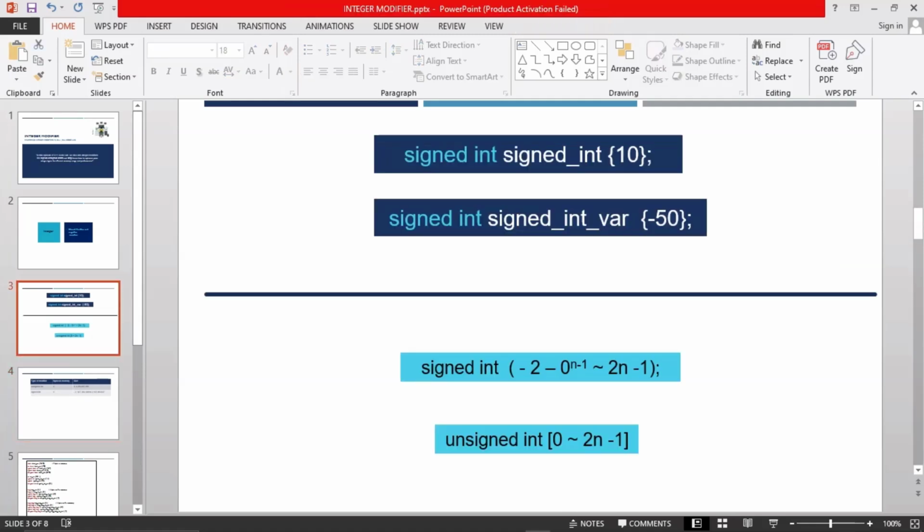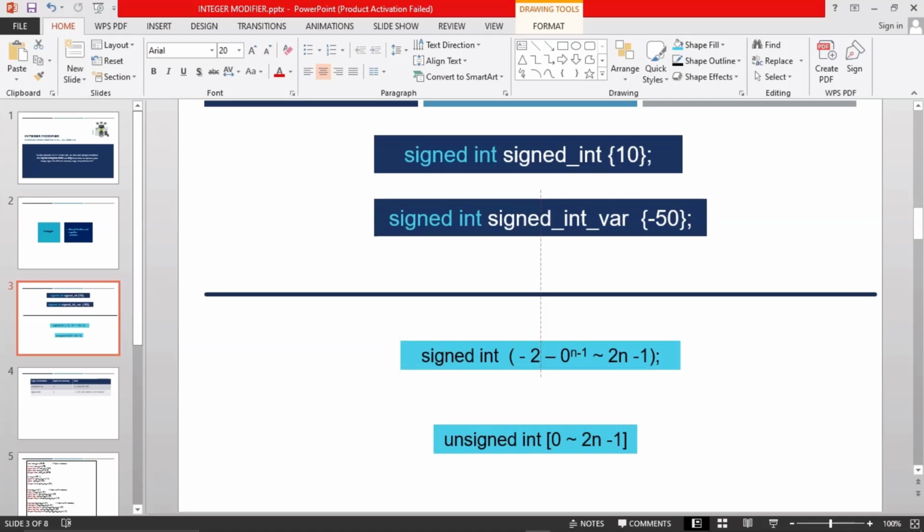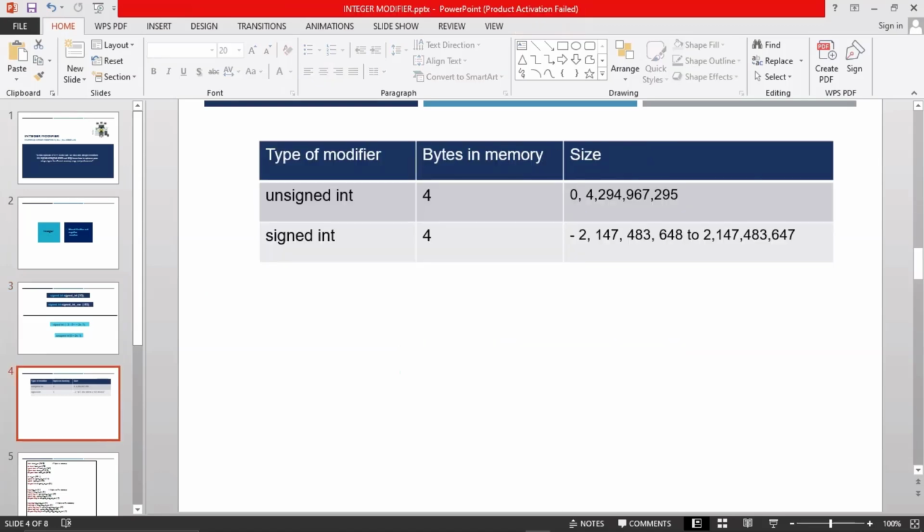Unsigned stores only positive numbers and uses the whole range positively, but does not have access to negative numbers. But signed int uses its values from the negative to the positive, and we'll try to understand that in this place. Here we have bytes in memory, we have 4 bytes, and in the size